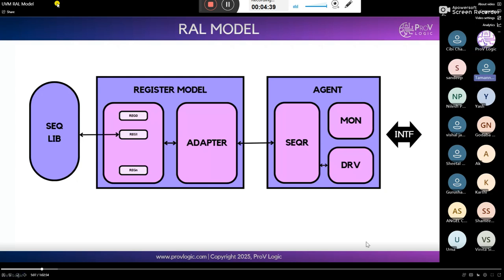So that is what I know. Okay. Any other answers from others? I think in the DUT, we have registers, we have some RAM and all. So to verify that, we are using the RAL model. Okay, fine.